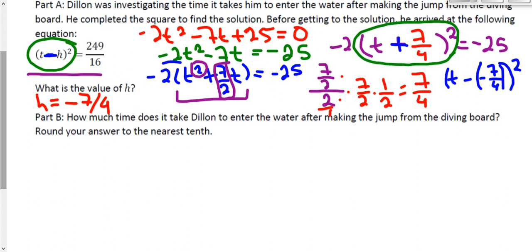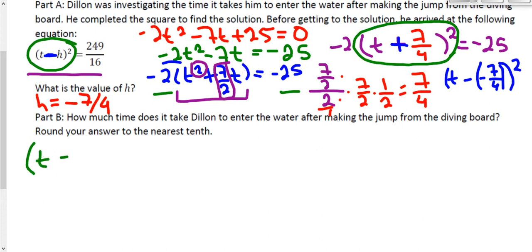All right, now we're ready for part B. How much time does it take Dylan to enter the water after making the jump? So for this one, we're actually looking for the value of t, and now that we found h, we can complete the equation that they gave to us. We don't have to worry about simplifying the rest of the formula we've got with the negative 25 and the negative 2, and we didn't actually even have to do step 4 of completing the square because they finished it for us. They told us that t